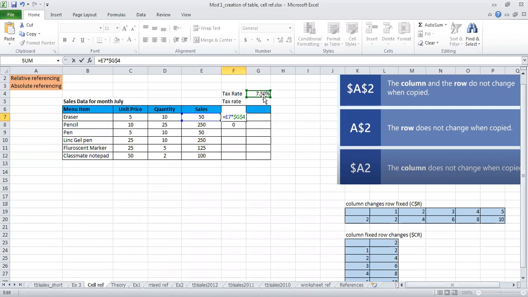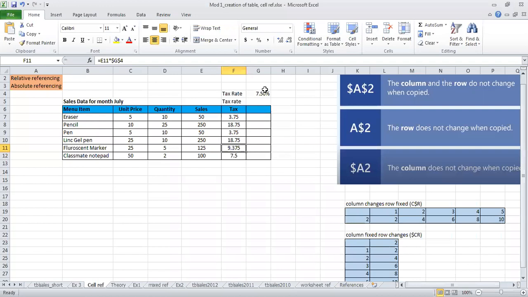G4 is the address for this particular cell. I am putting a dollar symbol in front of G and in front of 4 and clicking enter. Now if I copy the cell, you see 250, E8, and G4. This cell is getting referred to. So now my calculations are coming correctly. I drag this again to all the other cells. See, E9 into 7.5, here again E10 into 7.5. So this particular cell, I have fixed it using a dollar symbol.